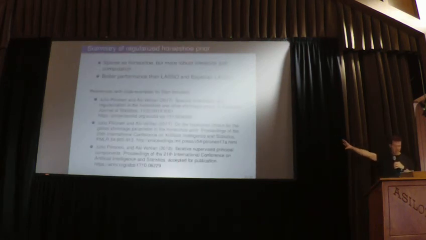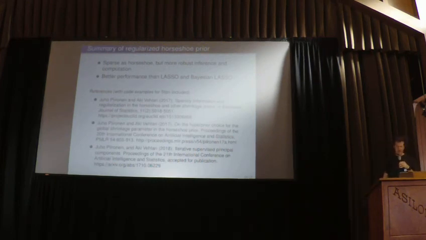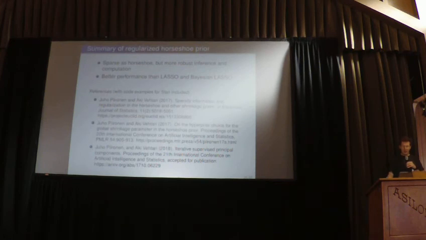And to end, it is producing a prior as sparse as the horseshoe, but with more robust inference, more robust computation, and we get better performance than lasso and Bayesian lasso. And there are the references, and there is example code for Stan models in the articles, and then the RStanArm